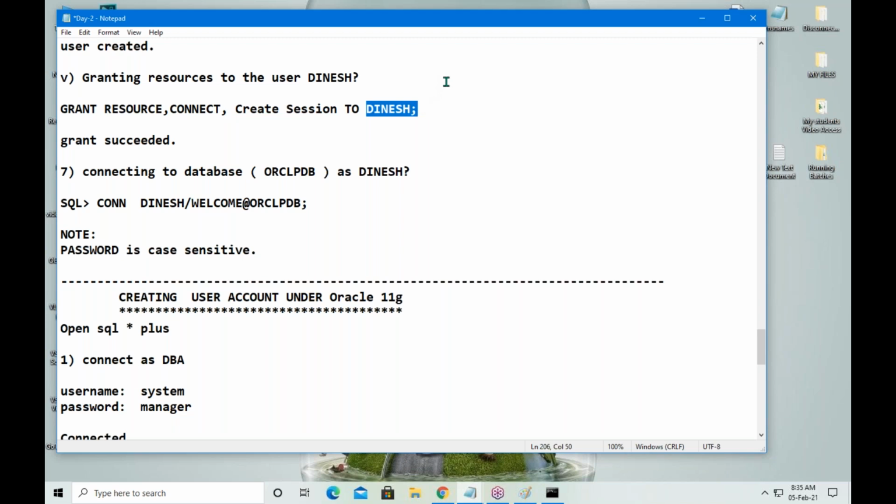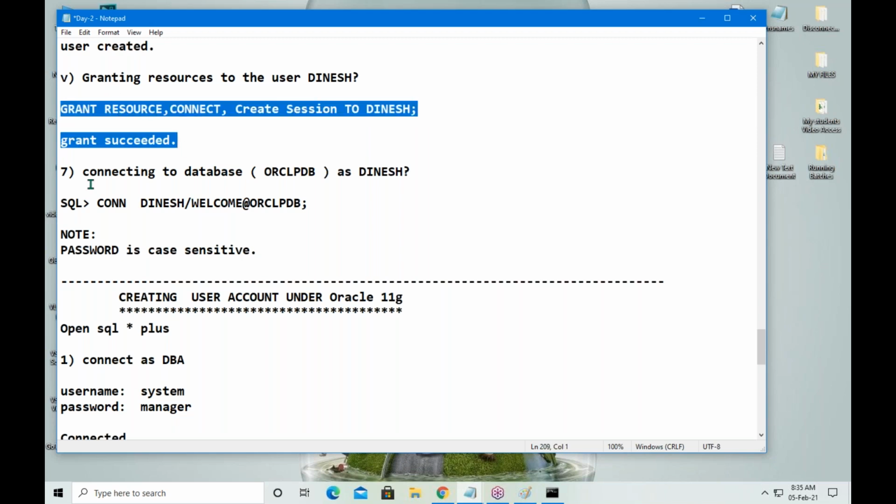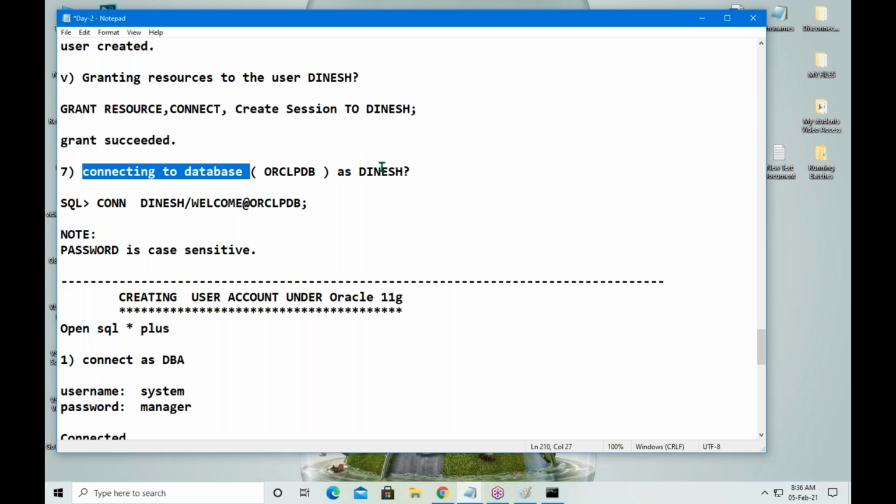In your system, use your own name. Dinesh account is ready. How to connect to the database as Dinesh. You can use the complete connect command or a short command. This is a short command. Connect Dinesh / welcome @ORCL PDB.